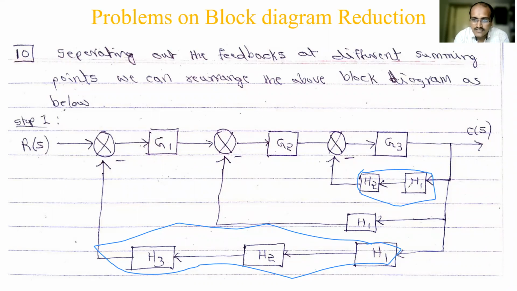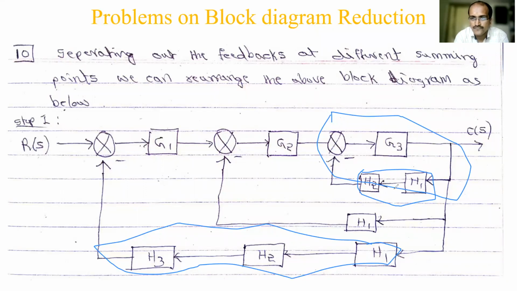Okay, so what is the next step? You will get one minor feedback loop. There is no series or parallel case in this, so directly go to step 3, where you can see the minor feedback loop. Here you will observe one minor feedback loop. What is this minor feedback loop? You have a signal coming over here, summing point is there, here takeoff point is there, here the forward path is there with G3 transfer function, and here also you have one block. You have made it one block, no?